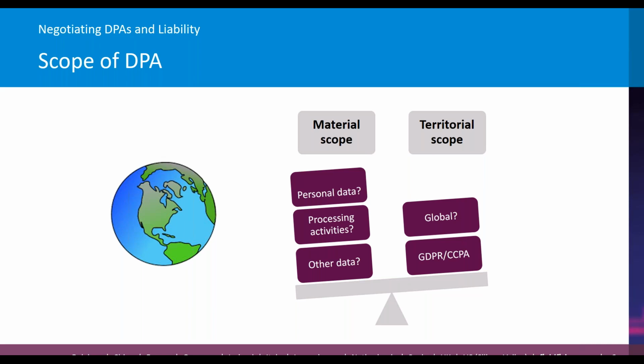Has the vendor tried to narrow the scope of the processing activities so that some of the activities being undertaken aren't actually caught by the scope of the DPA? So be very clear when you look in those processing annexes or descriptions that they're sufficiently broad or accurately describing the types of activities that are going to be undertaken by the vendor. Yeah, and as a general rule, you're probably going to want to push for a broader scope. You want this to cover a broad scope of personal data and a broad definition of what activities are covered under the DPA, whereas the vendor's objective will be to try and limit the scope of their obligations and their commitments.